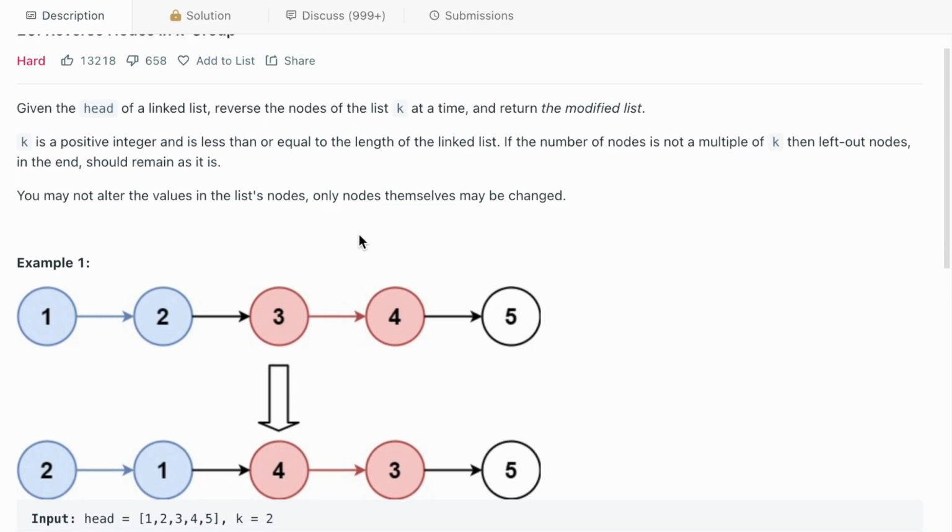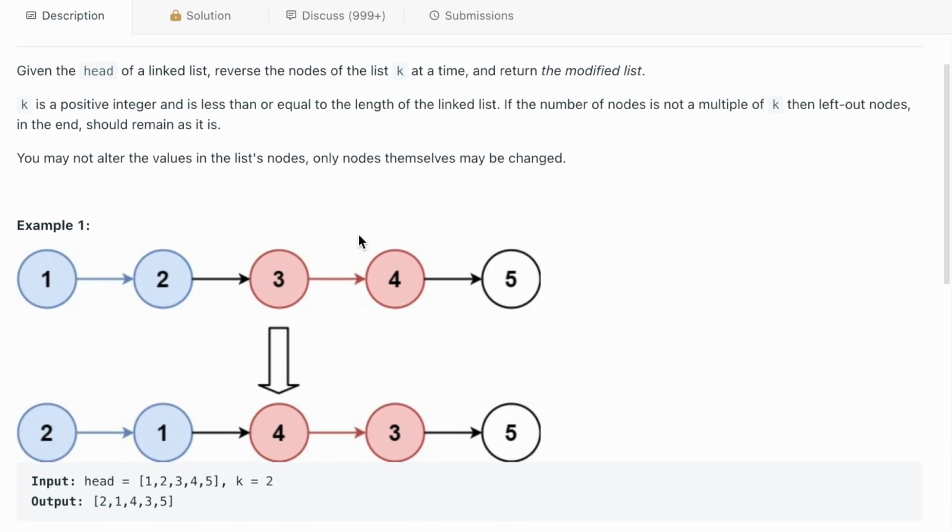Let's go to the example 1. So in the example 1, the head of the linked list is 1 and the value of k is equal to 2. Now we have to reverse the nodes in the 2 group. So which means that in the provided linked list we have to reverse the linked lists based on the 2 group. So which means we have to reverse 1 and 2, the connection will be changed, and followed next one